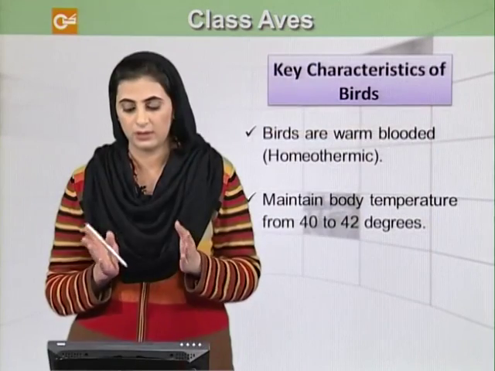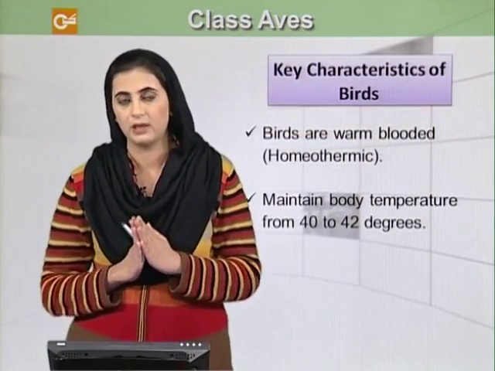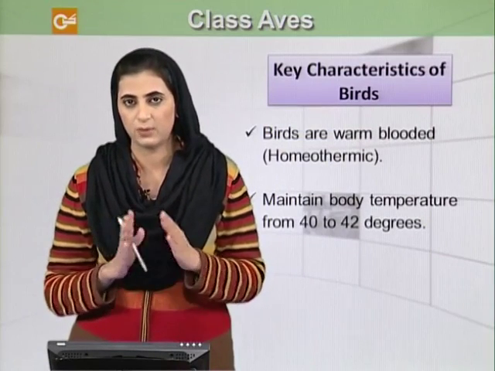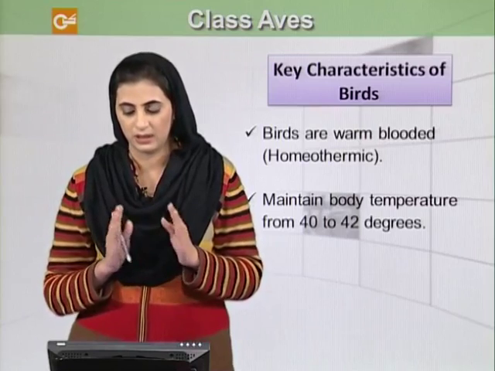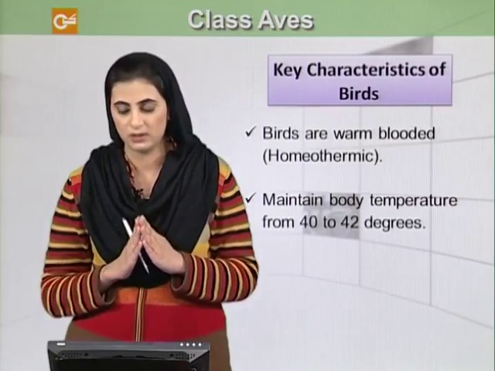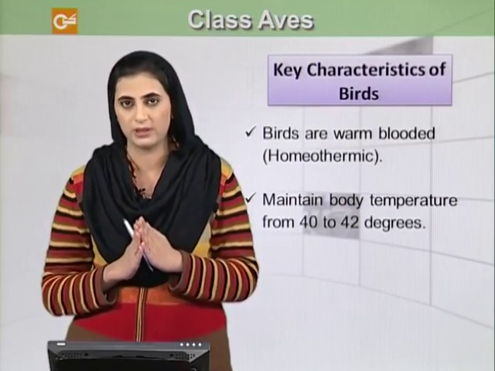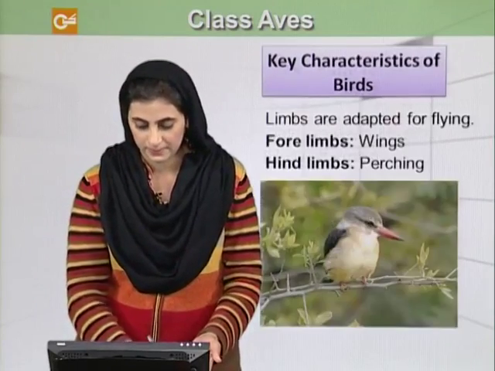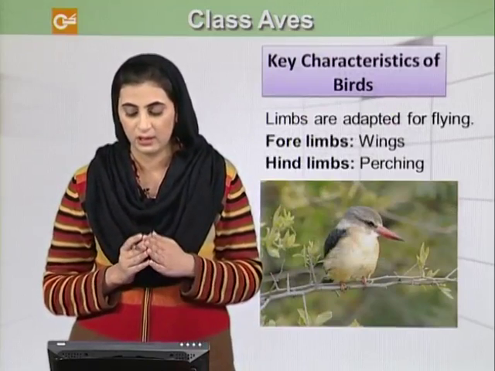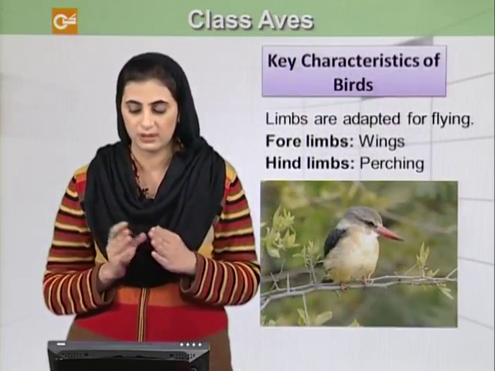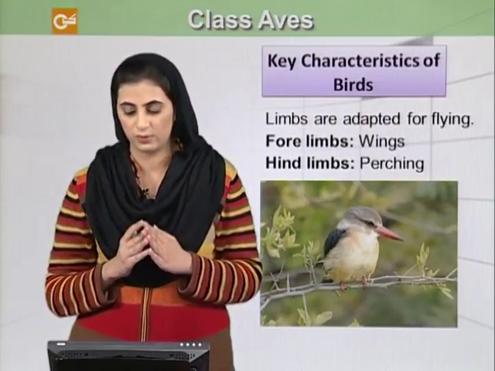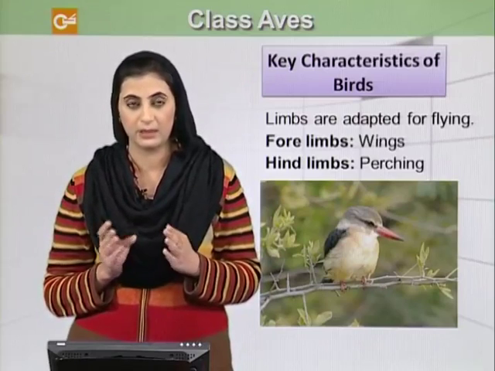And now these birds are warm blooded or homeothermic like mammals. That is, they can maintain their body temperature at a certain level. That is, they maintain their body temperature slightly higher than humans, that is 40 to 42 degrees centigrade. And their limbs are adapted for flying. For example, their forelimbs have been turned into wings, and their hind limbs have the function